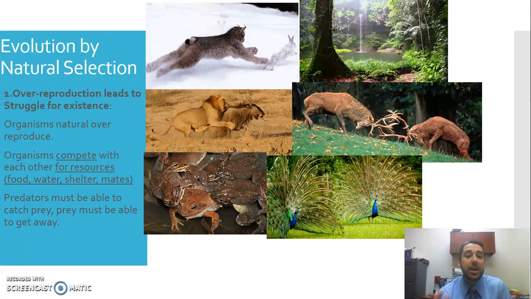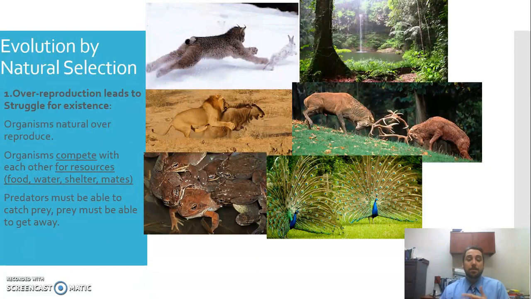When we think about any sort of resource, whether it's food, water, shelter, or mates, right? We can see here like these two elk really butting heads, or this frog pool, all these frogs competing to get to the mate, or even like these trees and plants trying to find the best soil to get the best sunlight and the best resources, or even who puts on the better show when we look at birds, right? Who's got the most beautiful, grandiose feathers that's going to get a better mate, and maybe this leads to adaptations that may be better for survival or being able to reproduce.